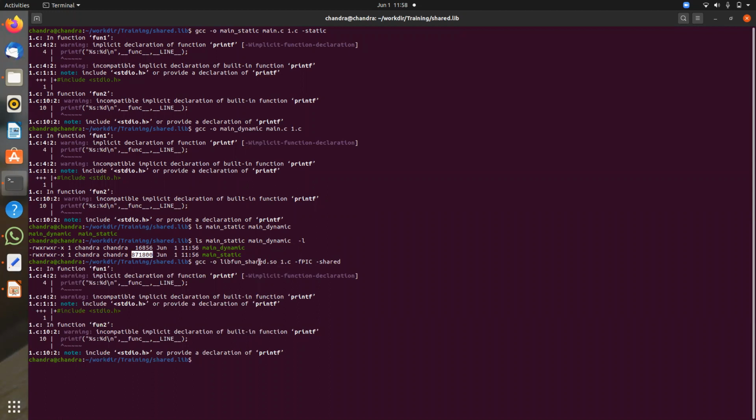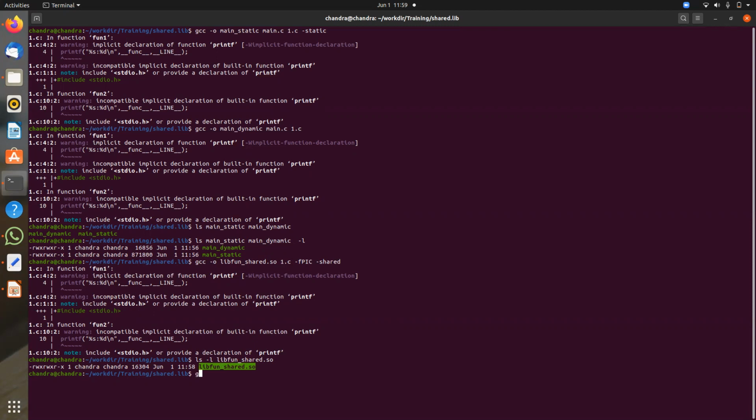So this has built libfun_shared.so. This is called a shared library. I can use this file for linking thousands of applications. If I am going to use the fun1 function in another application, I can just link this library. I will show you how to link it.